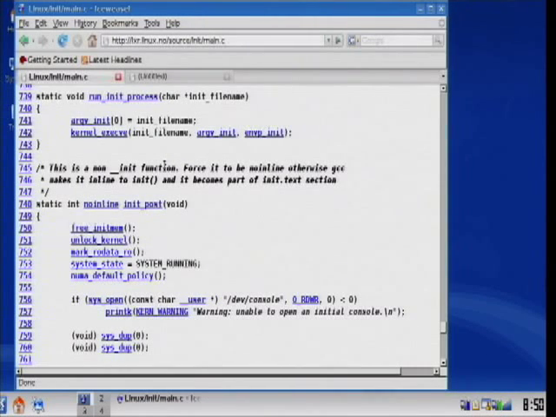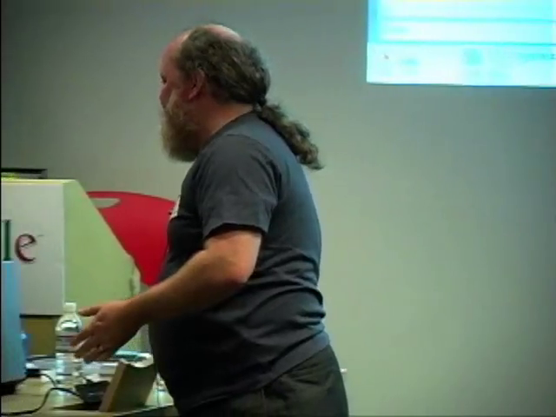Now, anybody know what an initial RAM disk looks like on 2.6? He does. How many people here have ever torn apart your initial RAM disks? Opened one up because you had to modify it? Okay. How many people here have any idea what an initial RAM disk is? Getting a little more response. Why don't I explain it? Yes? Live CD. Mention that too. Go ahead. Live CD. Yes. Okay. So,